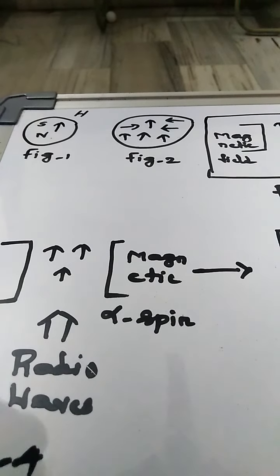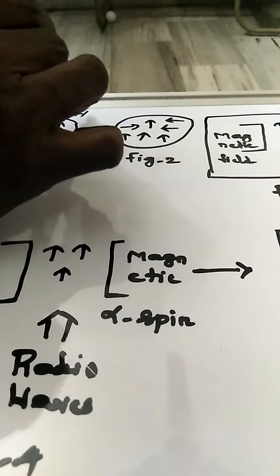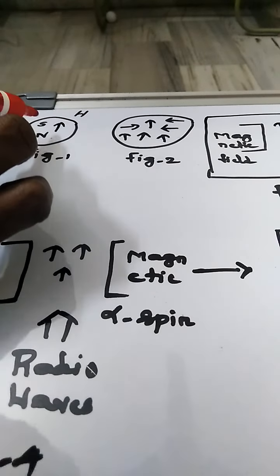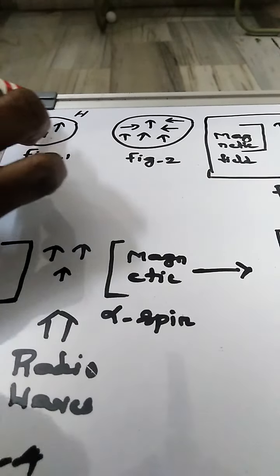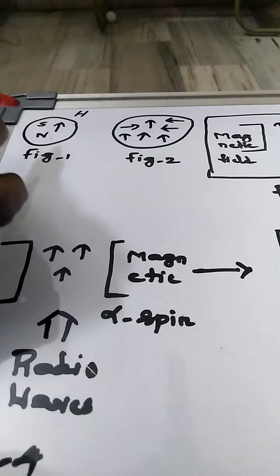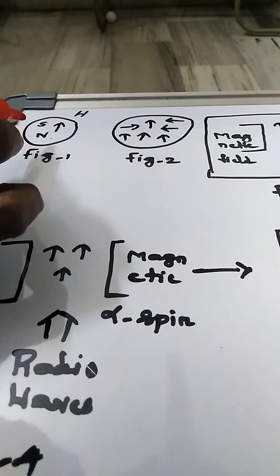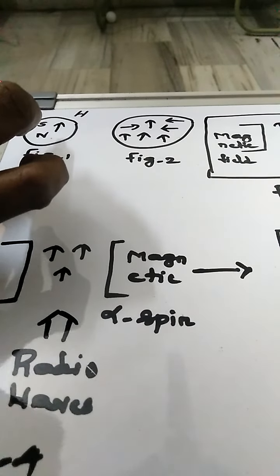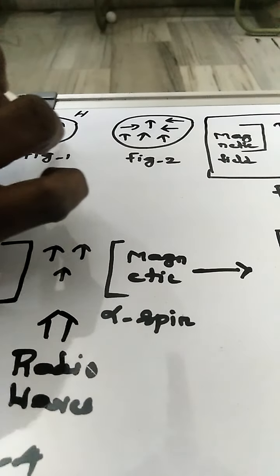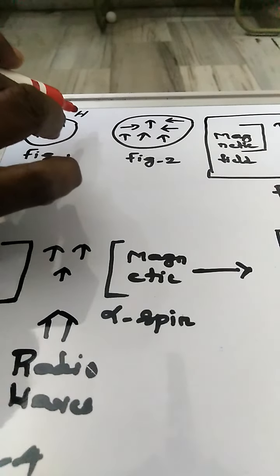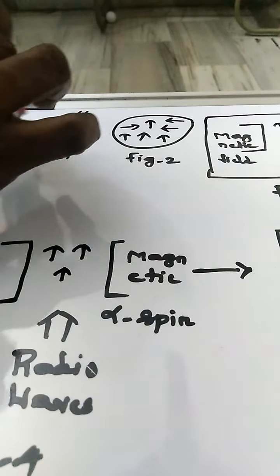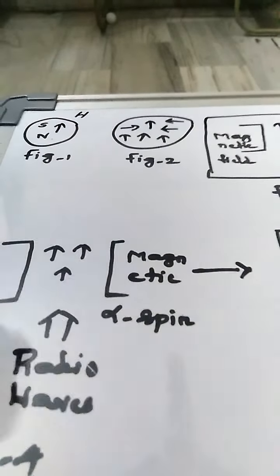So first of all, we can consider the hydrogen atom. The hydrogen atom has one proton and one electron. The proton is present in the nucleus, and it is a spinning proton. As we know, whenever any moiety spins, it generates a magnetic field around itself. So when the proton spins inside the nucleus, it will generate a magnetic field around the nucleus. So this nucleus acts as a tiny bar magnet.